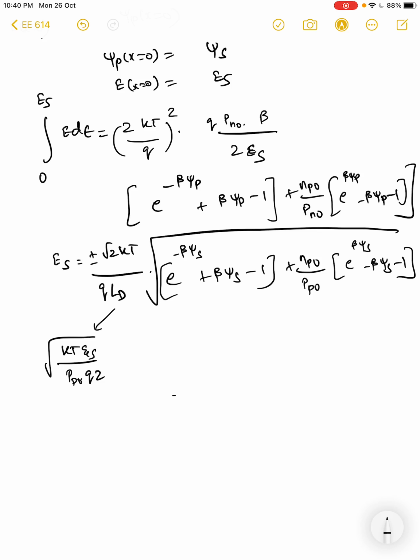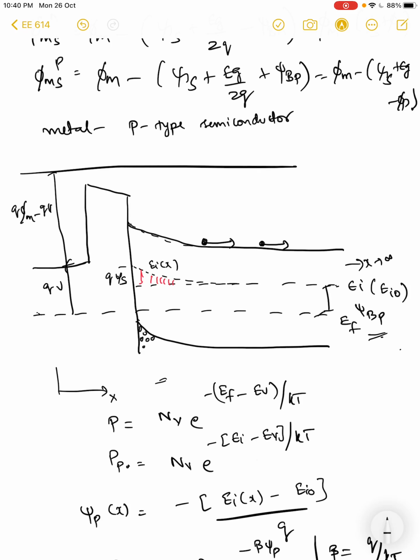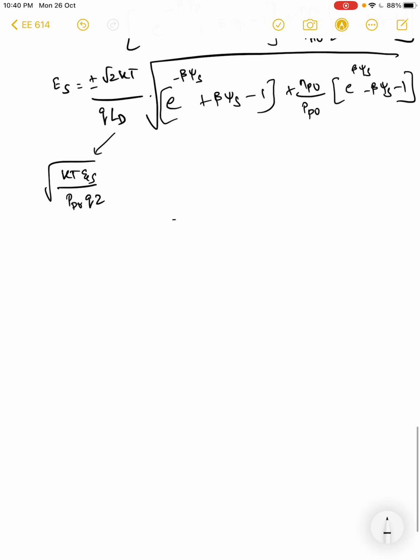So basically we have derived the electric field at the surface due to an applied voltage. What is the electric field here at the interface is what we have calculated. With the electric field, you can easily calculate the charge at the surface, which by Gauss's law will give you minus epsilon s into E, because E is the field emanating from the closed volume. So if I substitute,